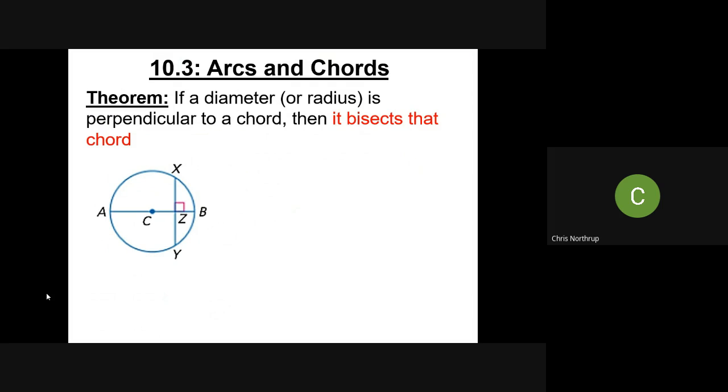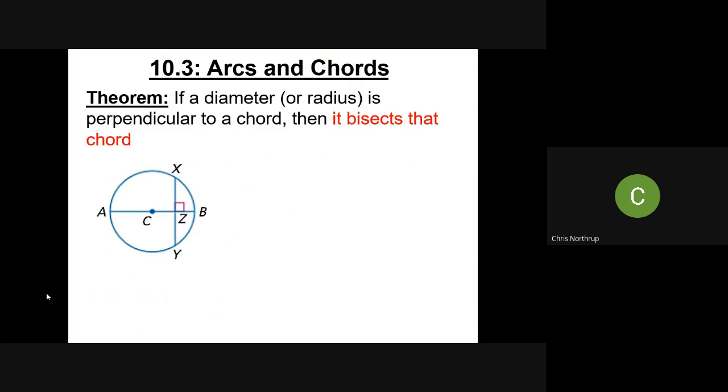Next, we have one about chords and diameters. So if you have a diameter, like here, diameter AB, if that diameter, or for that matter, radius, like CB, if that is perpendicular to any chord in your circle, it automatically bisects that chord. So in this case, since your diameter is perpendicular to chord XY, that means that XZ has to be congruent